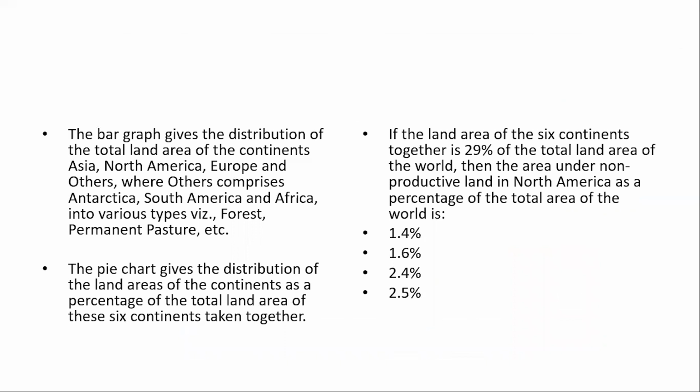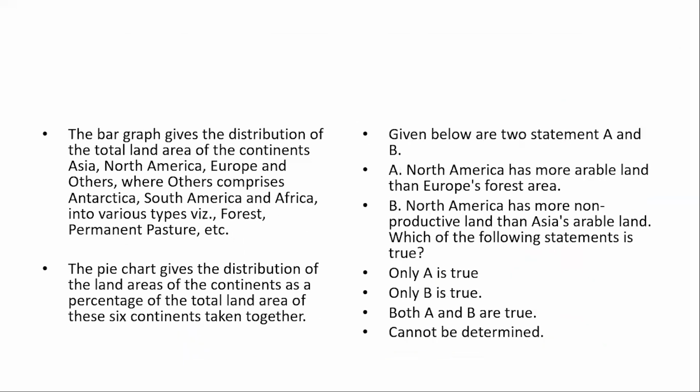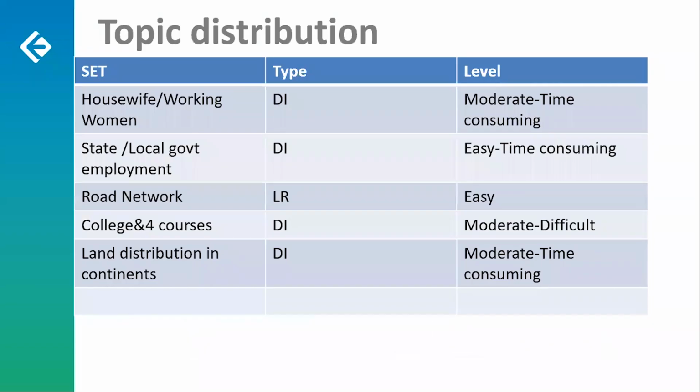The only good thing is the questions were doable with a little bit of calculation. But yes, the problem persists here as well, with lots of data. But yes, completely doable. Now, if I have to classify them, the first set, housewife, working woman type question, that